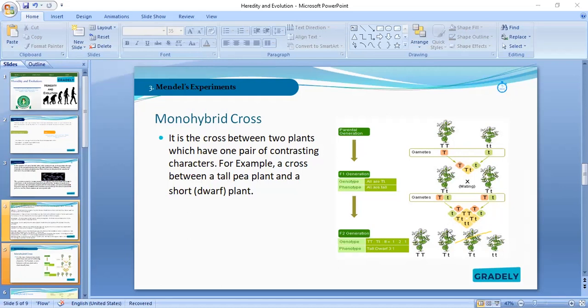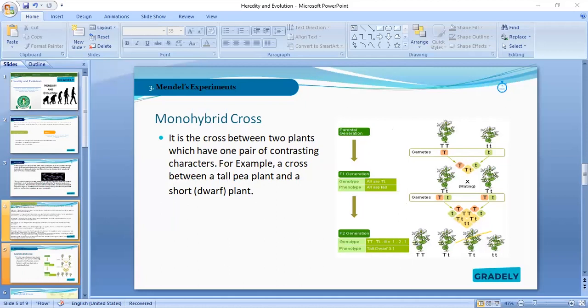So this is another tallness. This is also another tallness. So here we have 3 tallness. If they ask you phenotype, you already have 3 tallness. Now in shortness, you already have what? 1 short, small t. I hope you're following, please. So this is it. When they ask you phenotype and genotype, this is what it's all about. I believe that you've understood this diagram here, this crossing, the parental generation to the F1 generation and then the F2 generation, and how to get your phenotype and genotype. I hope you've gotten that.